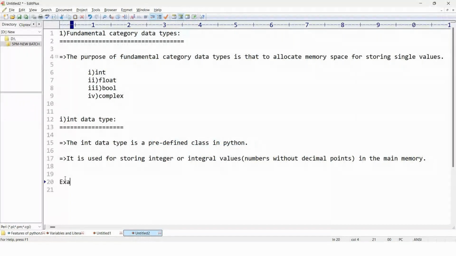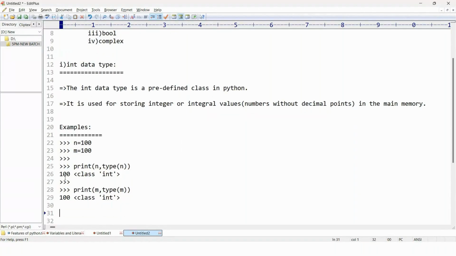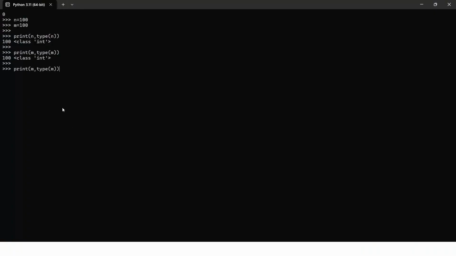So something like this you can check, examples. Okay. Similarly, you can check for some more data about this, not only searching for type, I can also go for ID as well. ID is nothing but the memory address. Okay. Here you can see this is the memory address for n.